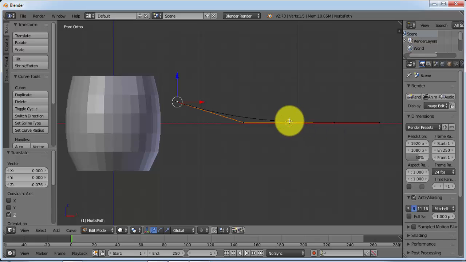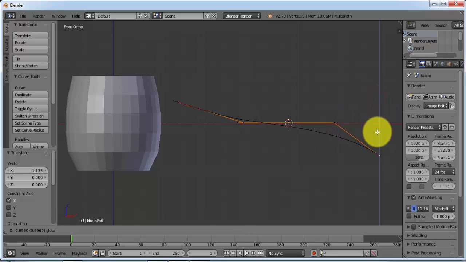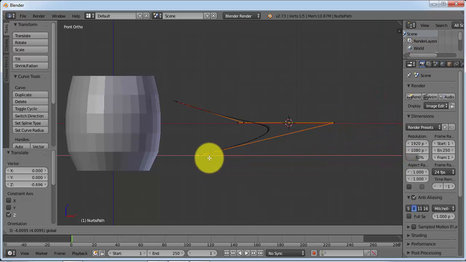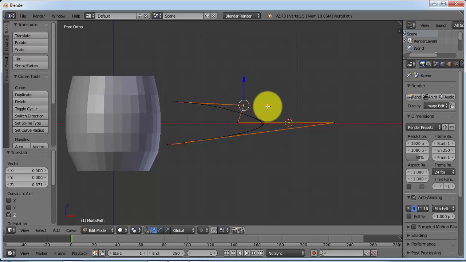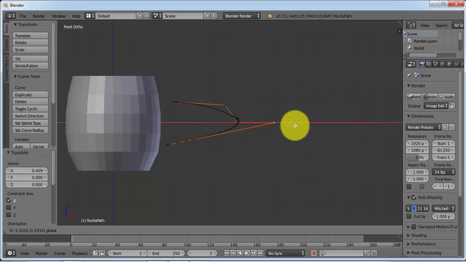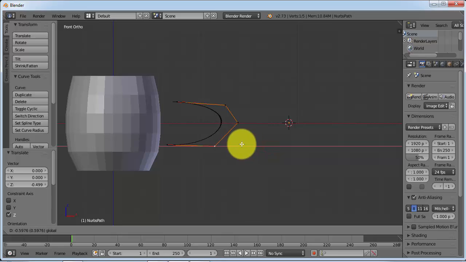Now select this one, drag it here. Select the last one, drag it downwards and inwards. So make it look like a handle.